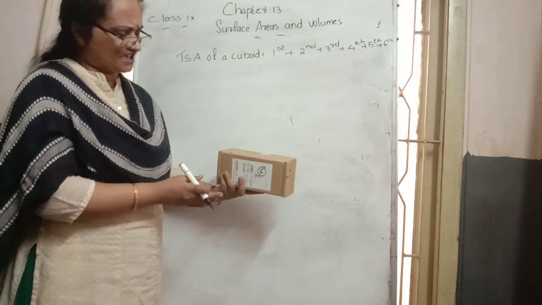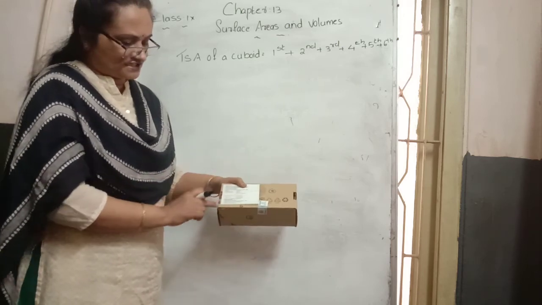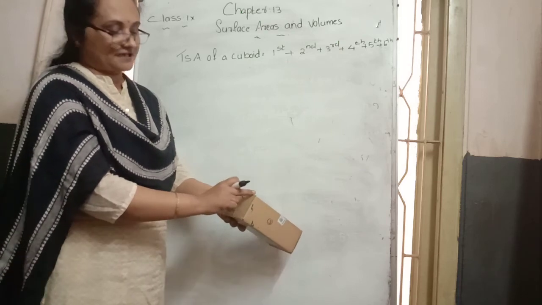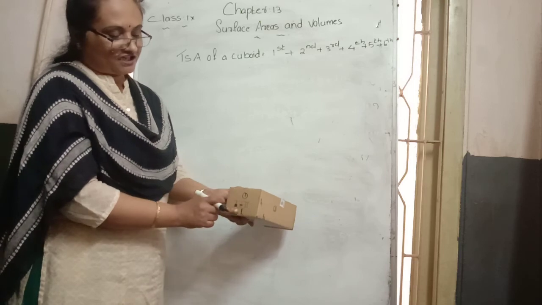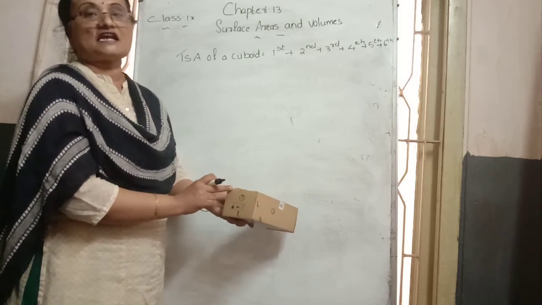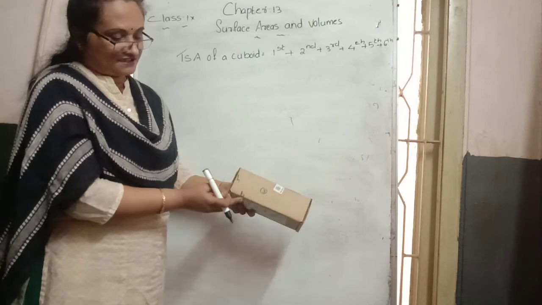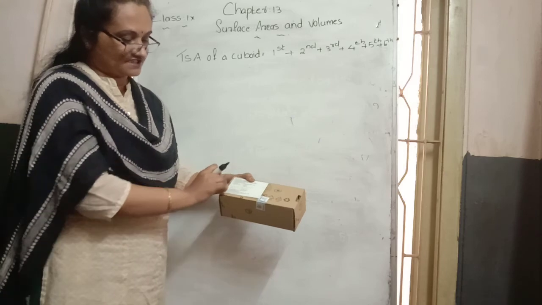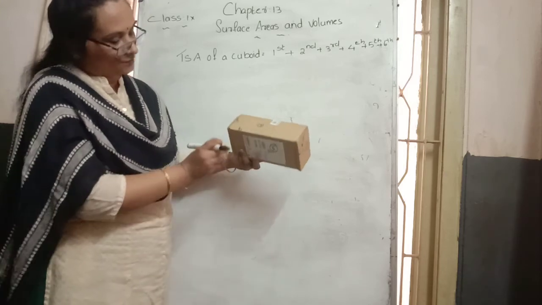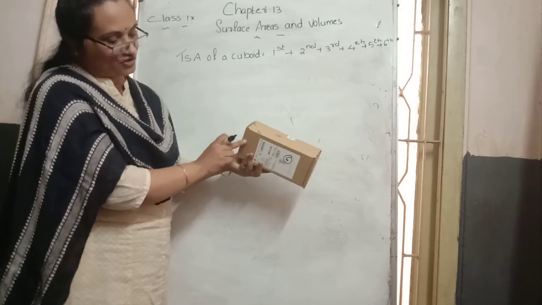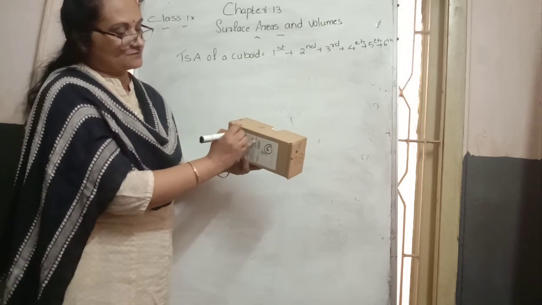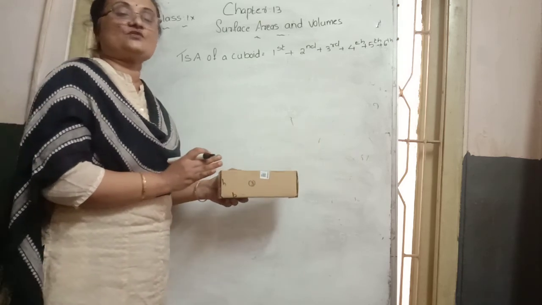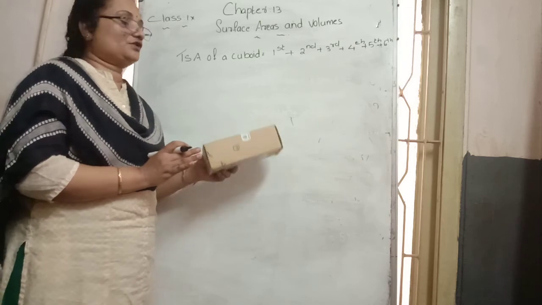Then for the fifth and sixth faces, we already marked that. Here L is the length side, and the opposite side also becomes L. And this part is breadth, so the opposite side also becomes breadth. That's why for the top part, this is length, this is breadth. Then the bottom part is also the same. Here L, and this part also becomes L, and this part is breadth, this part also breadth. In this way, these are the length, breadth, and height of the cuboid shape.